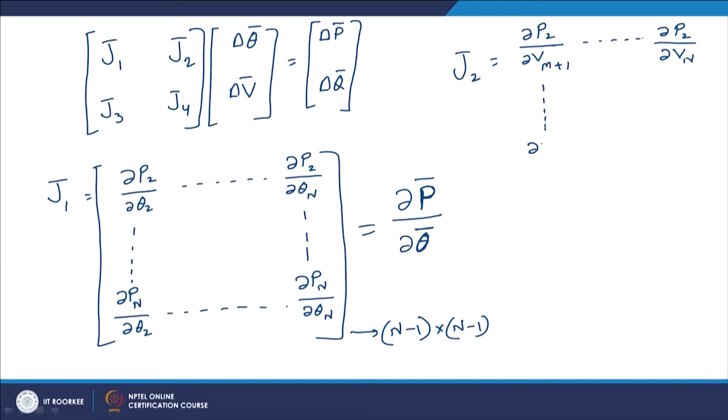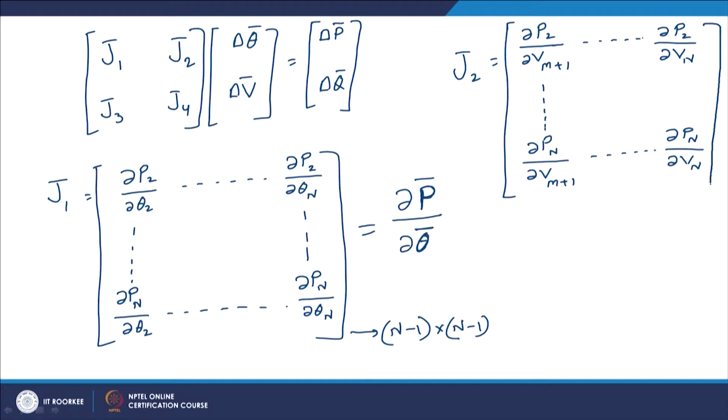Then it is del Pn by del V m plus 1, dot dot dot, del Pn by del Vn. Again, in the language of multivariable calculus, we say that the J2 matrix is nothing but the partial derivative